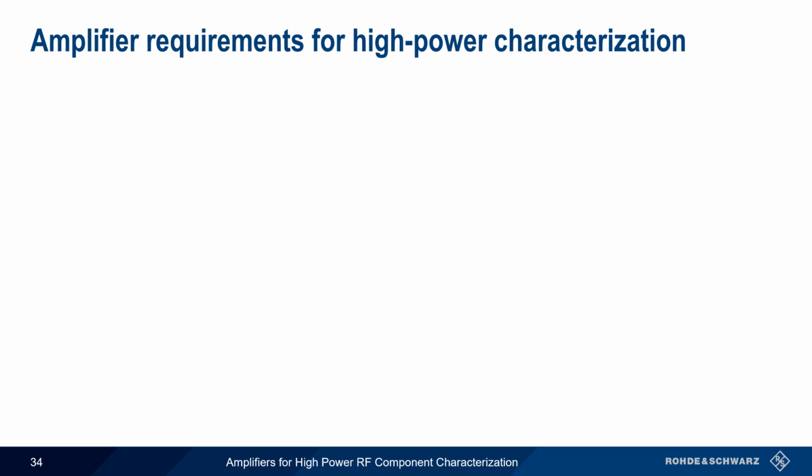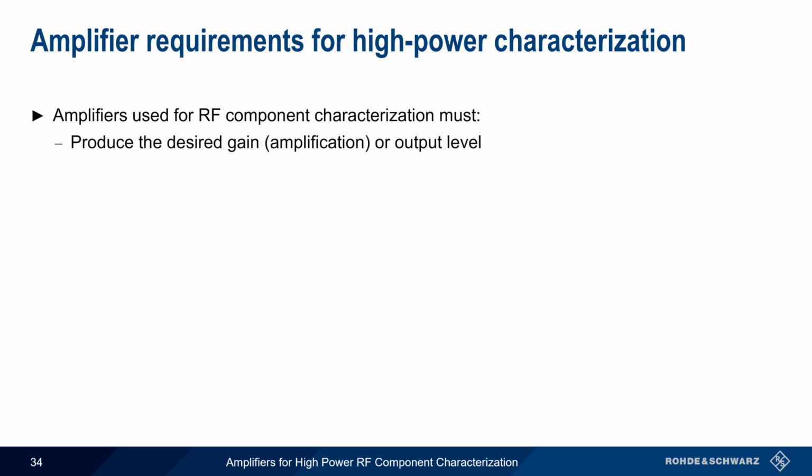Now that we've covered the most important measurements made during high-power RF device characterization, let's now discuss the requirements for amplifiers used in this testing. At a very high level, the amplifier must be able to produce the desired gain, or output, and it must be able to do so without excessively degrading or distorting the signals passing through it. The latter requirement is very important when it comes to performance-related degradation. We want to be sure that the measured degradation is coming from the component under test instead of from the